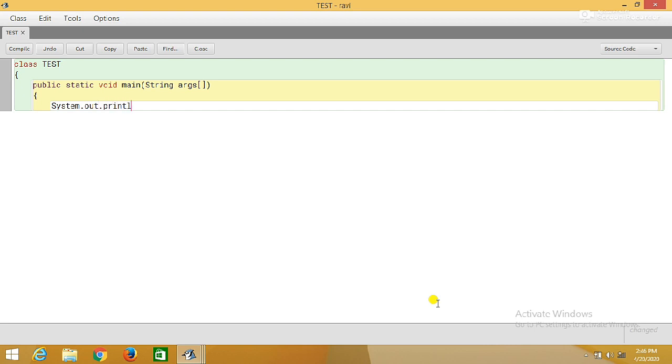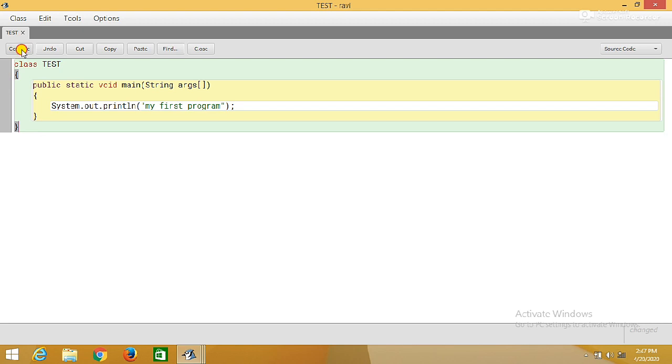You know, this is used to print any statement. If it is a string literal, it should be placed in double quotes. It will be printed as it is written over there. Put a semicolon, put curly braces, the number of curly braces should be equal. Now you can see it is written correctly: curly braces, System with S capital, and the text placed in double inverted commas.